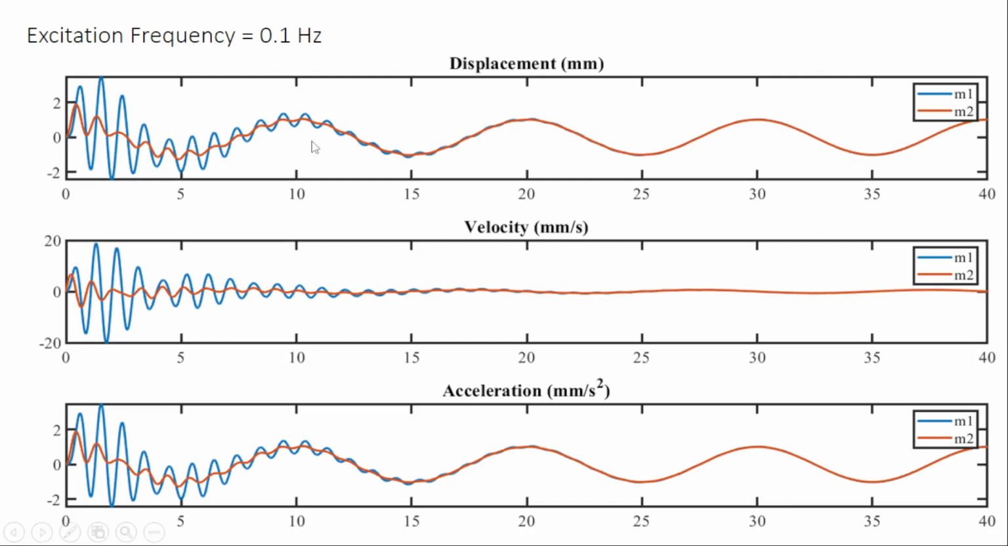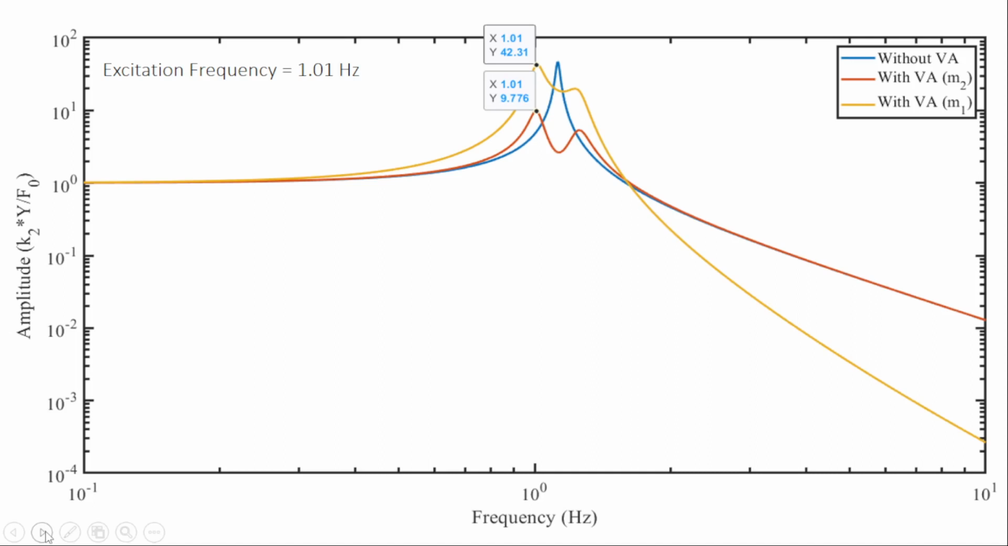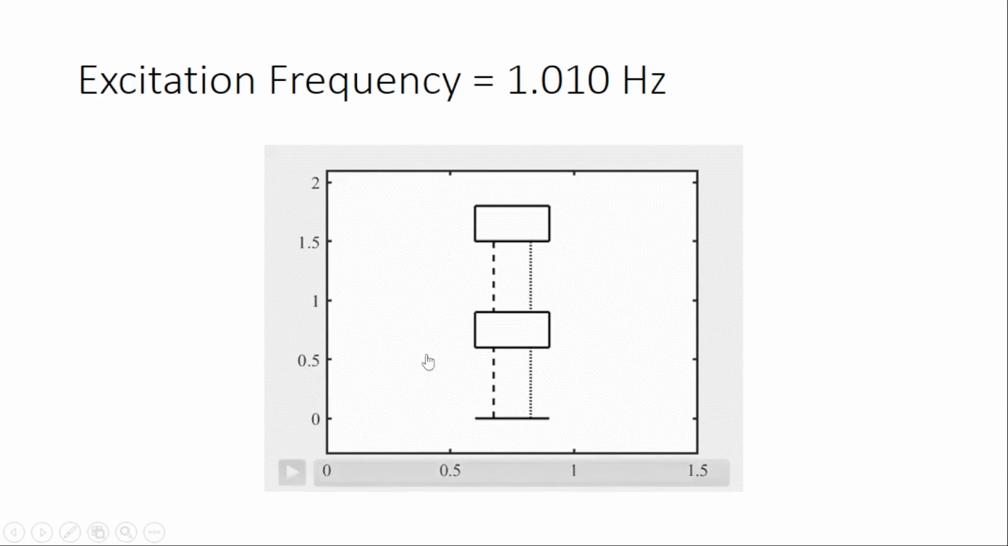So this is the plot of the displacement, velocity and acceleration versus time at the excitation frequency of 0.1 hertz. Now when we see the motion near 1 hertz, which is close to the natural frequency, we will see how the vibration absorber behaves. This is close to the natural frequency of the machine, but now we see that